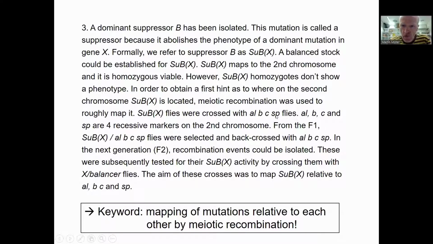Aristales, black, curved, and speck. So this is a second chromosome which is marked with 4 recessive markers, Aristales, black, curved, speck, and they are distributed along the second chromosome. Aristales at one end, chromosome arm 2L, black is in the middle of 2L, curved is in the middle of 2R, and speck is at the other end of the second chromosome. So they are more or less equally spaced along the second chromosome. And